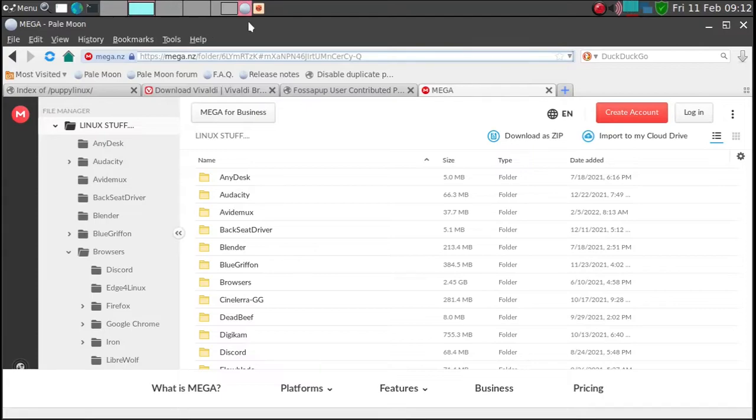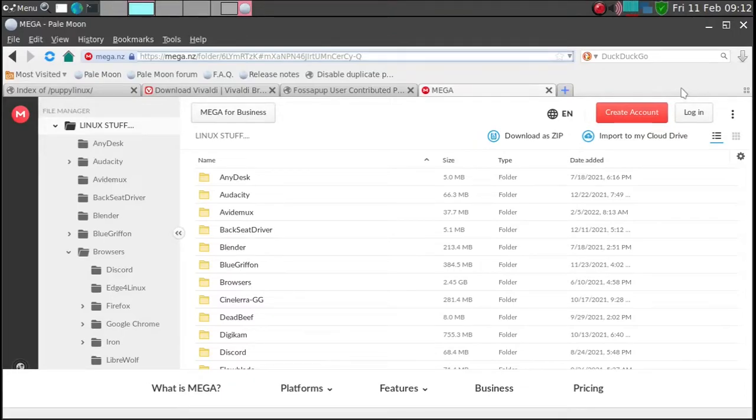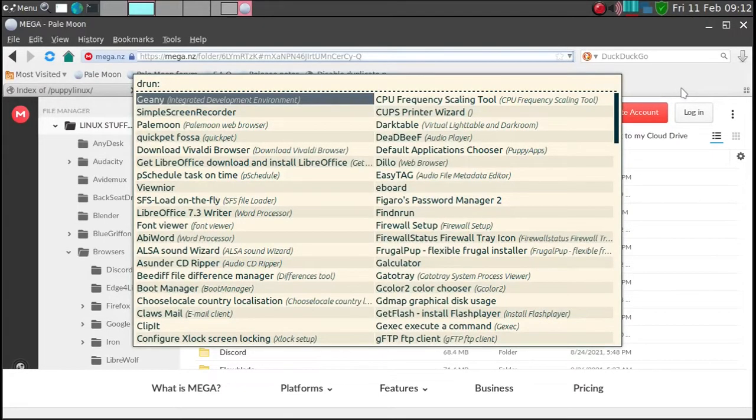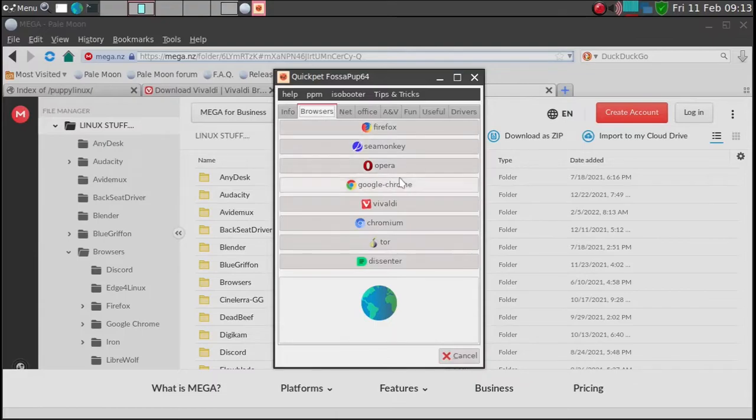use the FOSA Pup, what's called a Quickpet in FOSA FP64. So there is a special application. We'll just launch it again with the Rofi. Quickpet is called, and so this is what you're going to get. And after you update for the latest copies, you can go to browsers, and although there is Vivaldi here, it